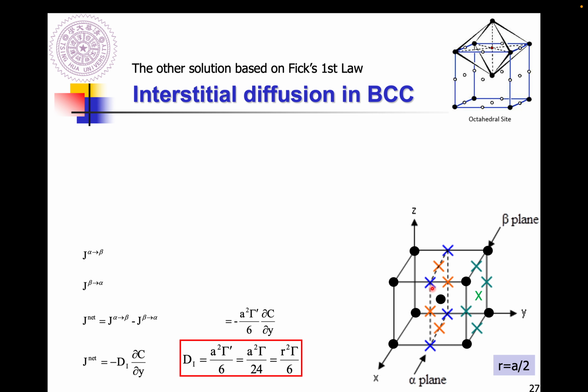For example, at the corner, I use blue. And on the edge, I use orange. So this is on the edge, right? And on the beta plane, I use green to represent all the octahedral interstitial sites. This is on the edge. And here we also have a center. Okay. So now I have already defined the alpha plane and beta plane and also drawn all the octahedral interstitial sites